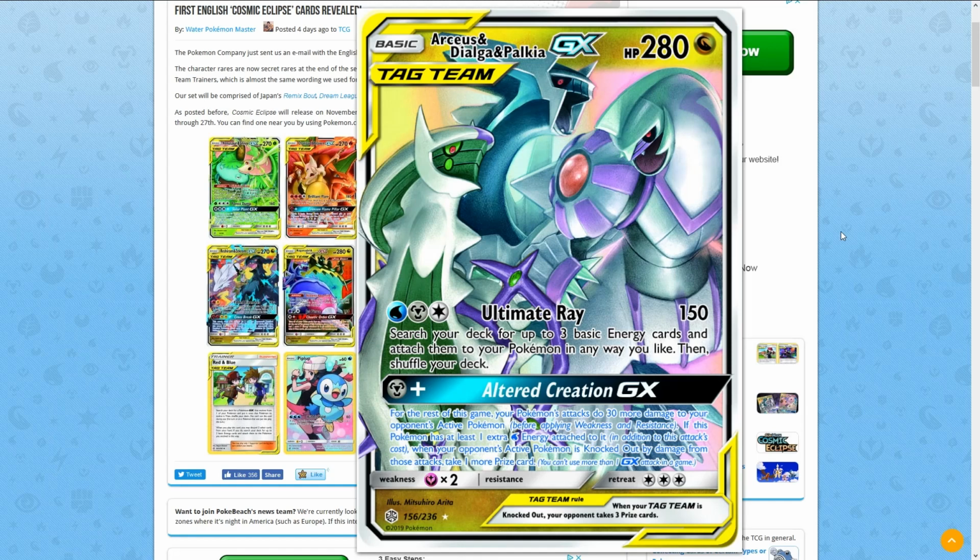You could run 1 of this guy, run basic, not even tag team or GX cards, just basic Pokemon, stage 1s, stage 2s, non-GX Pokemon, and you could power them up with attack boosters, things like Karate Belts, and if you have this attack in play, you're going to be knocking out GX Pokemon, and if it's a GX, you're going to be grabbing 3 prizes. If it's a tag team GX, you're going to be grabbing...